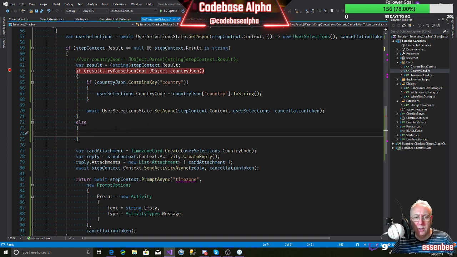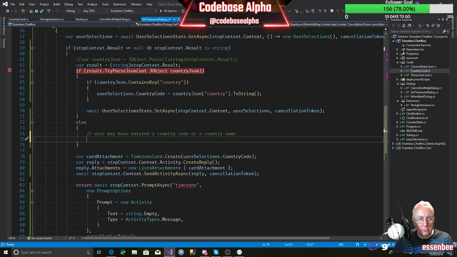So we're going to assume that the user's tried to type in a country code or a country name. So I'll just put a note: a user may have entered a country code or country name. So this value is what's in result.